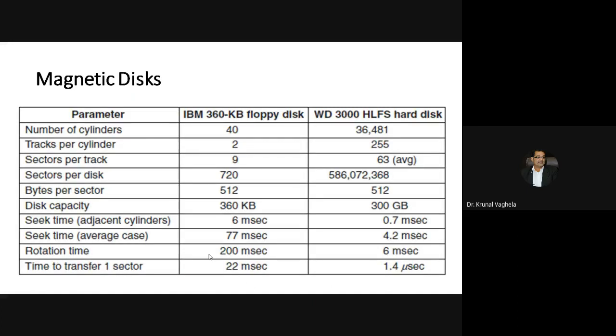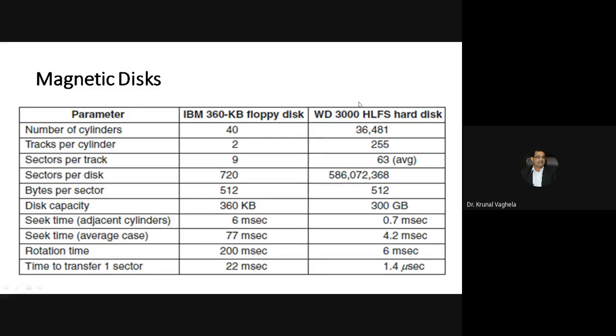Now this is some comparison. See, this one is old. The latest hard disks are in the market, but this is a comparison with a floppy. Now I don't know whether you have seen the floppy. When I purchased my first computer in 2001, there were no pen drives, and CDs were not so popular. We were using floppy disks, and I think the total storing capacity of a floppy was 4 MB only, though we were thinking, wow, we can store 4 MB of data. So that was the scenario. I have personally seen the floppy drives.